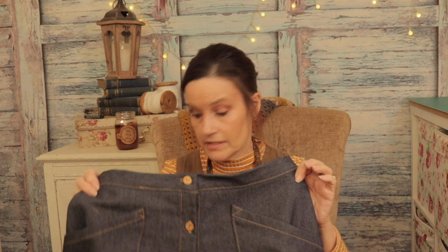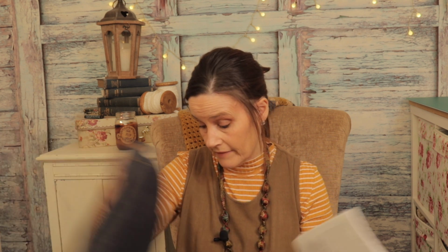This is a great pattern. As I say, you've got 3 options to choose from, and each option I would think would be as simple as the other option. Just maybe a few more steps to do in view B and view C than you have for view A,